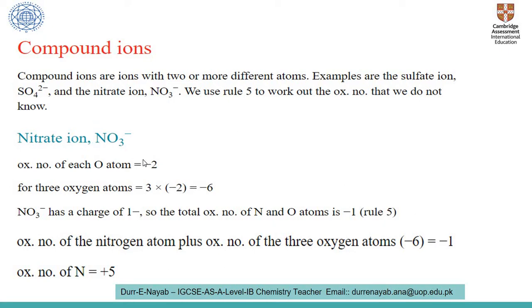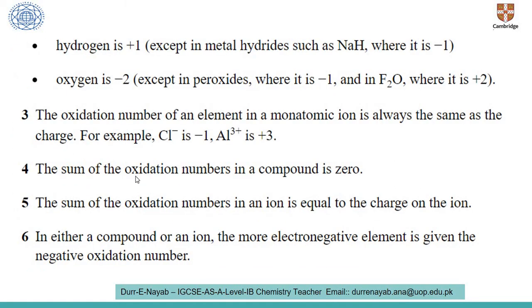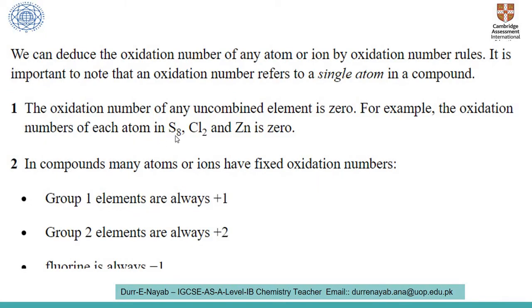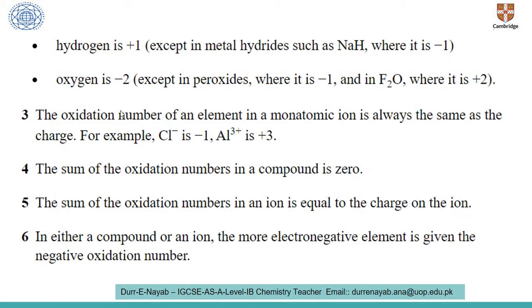We have studied some rules for assigning oxidation states and numbers. The very first was: whenever atoms are in the uncombined elemental form, the oxidation number is 0. Or if similar atoms are combined in the molecular form, in the diatomic or polyatomic form, again the oxidation number is 0. Then we studied some famous elements of group 1 and group 2, which have fixed oxidation numbers: group 1 will have +1, group 2 will have +2, fluorine will always have -1, the halogen family will have -1, hydrogen is +1,